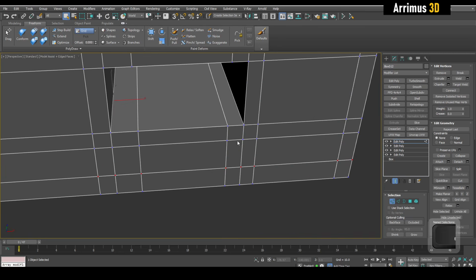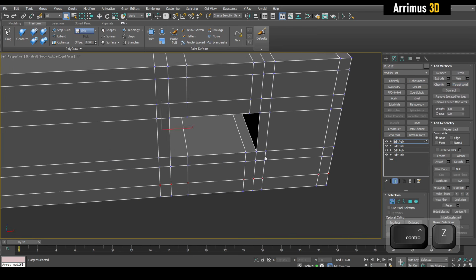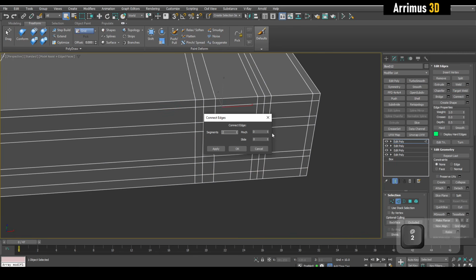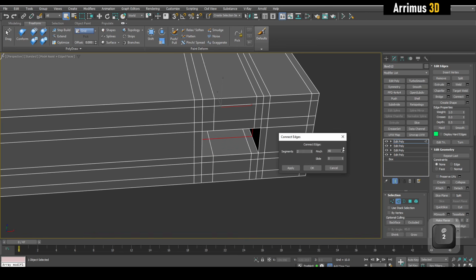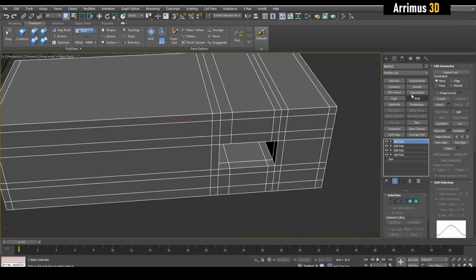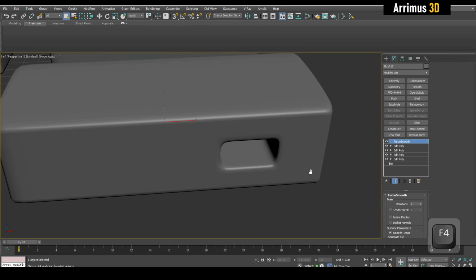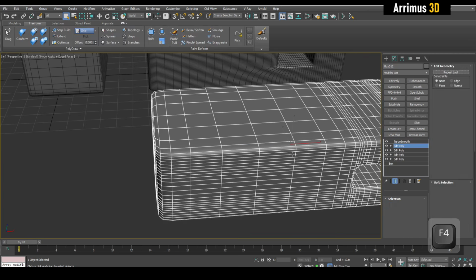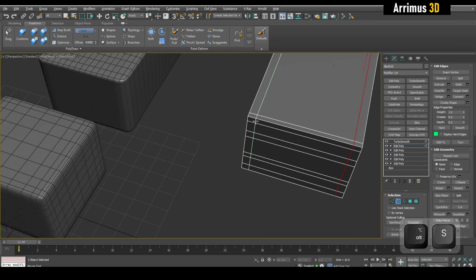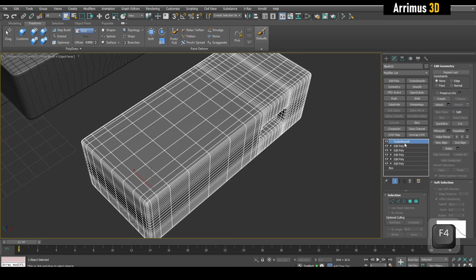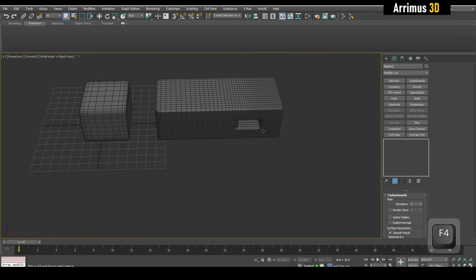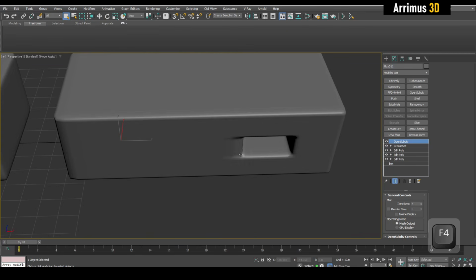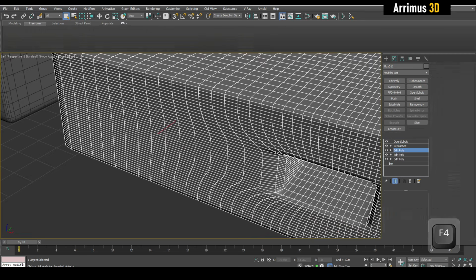keep in mind, guys, you would want to have this kind of topology right here, so you would want to do that right there. But let's say we just have this simple thing going on here. With Turbosmooth, we pretty much get very nice results here. Even with just 2 levels, guys, we are not getting that. But with OpenSubdiv, even with 4 levels, we're getting this. Why is this? Because even though